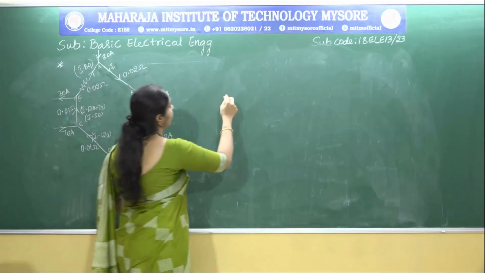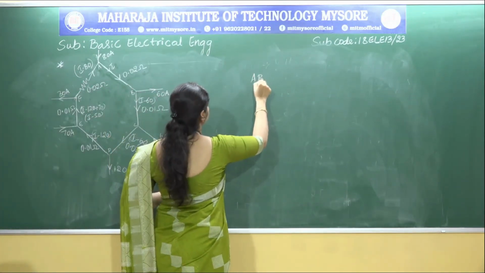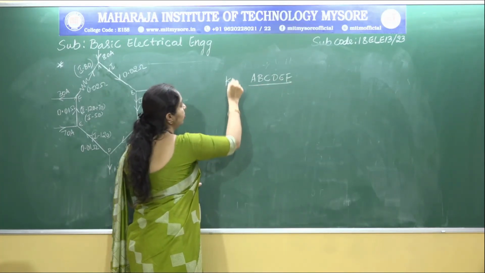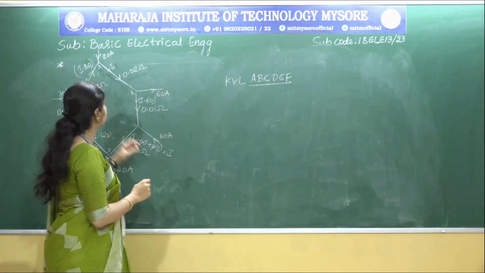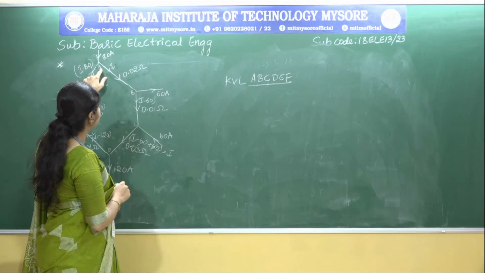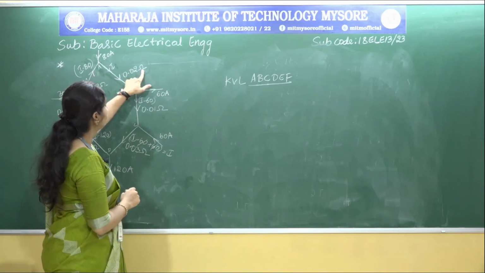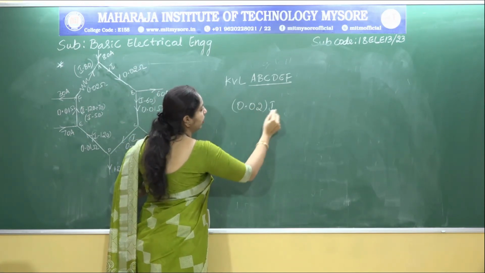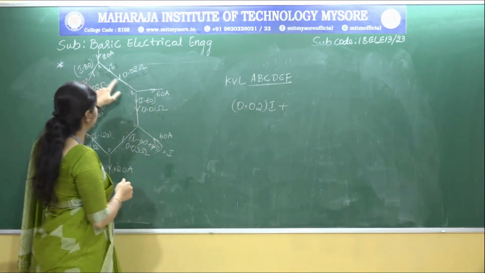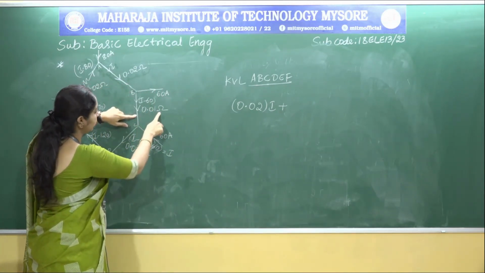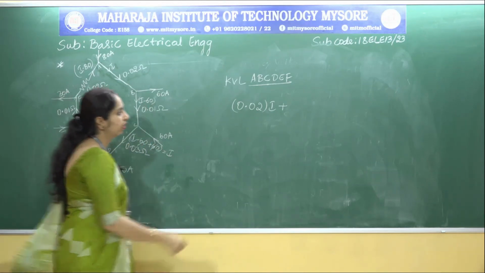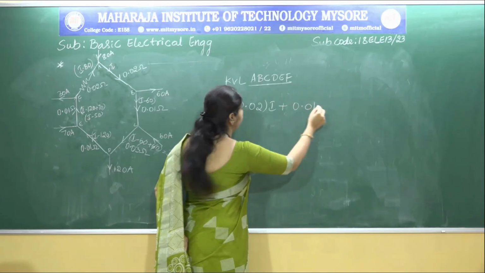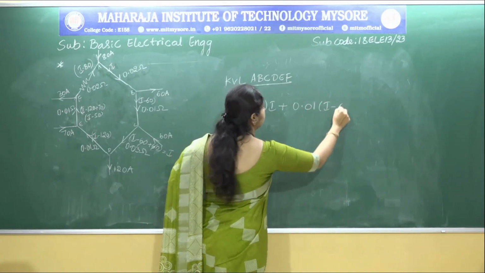This loop means A, B, C, D, E and F. If we apply KVL to this loop, let us start with point A, which is 0.02 ohms into I, plus 0.01 ohms into I minus 60,